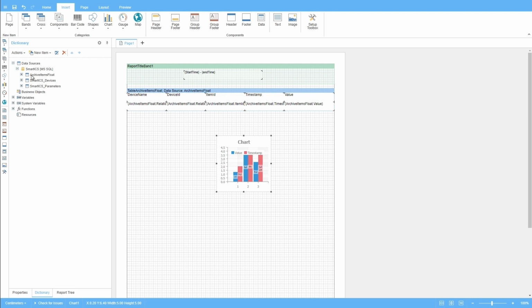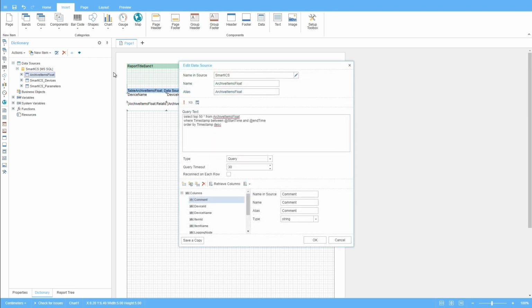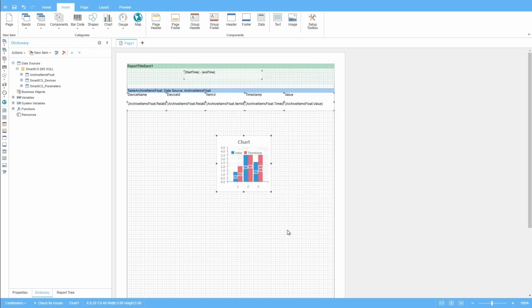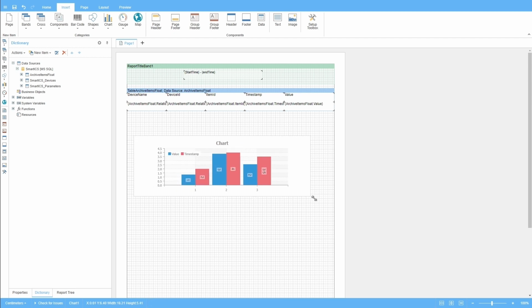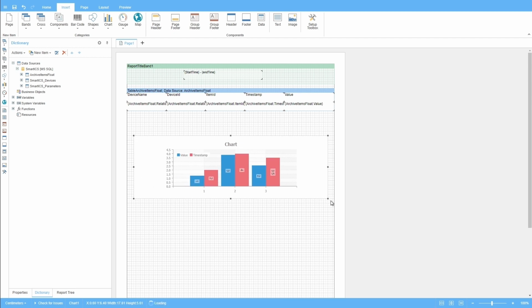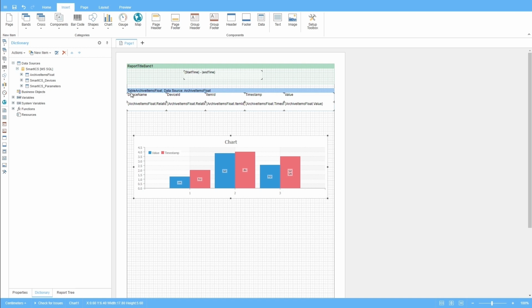Now let's change the number of values to 10 in the Dictionary tab, so it won't be too large of a volume. Archive items float table to make the query not so large. In the upper left corner, click Save,